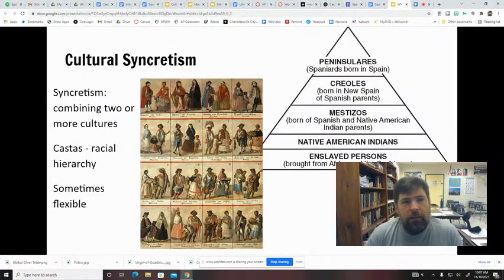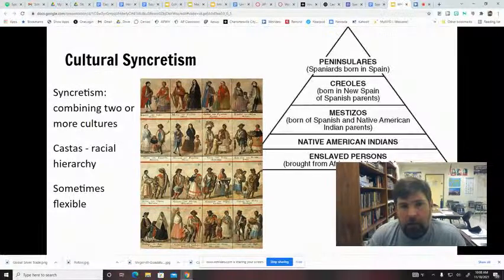All right, so we're going to switch gears now and talk about culture. And one aspect of culture, this is on the borderline between social and cultural, but we'll just call it cultural for today. The Spanish in Latin America created a social hierarchy based on race. And so this is syncretism. Syncretism is combining two or more cultures. So here we're combining Spanish culture with indigenous American culture, and then also with the culture of enslaved people from